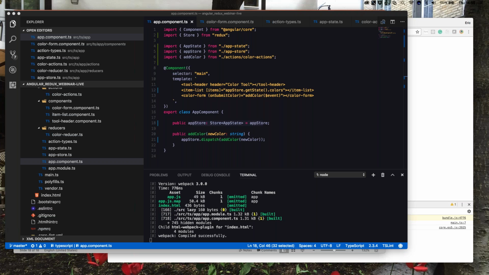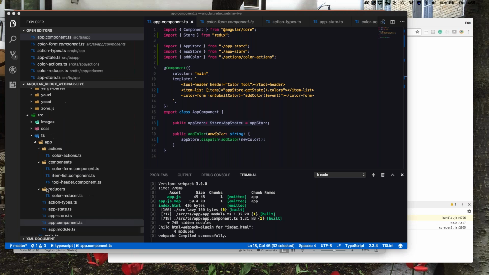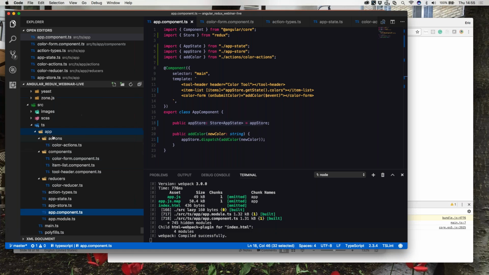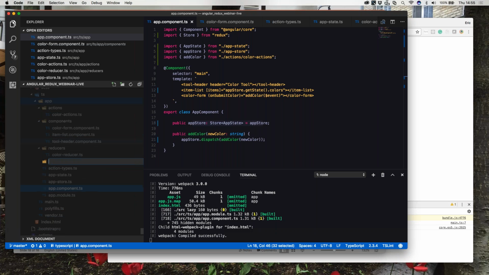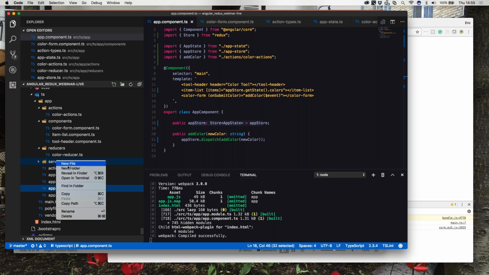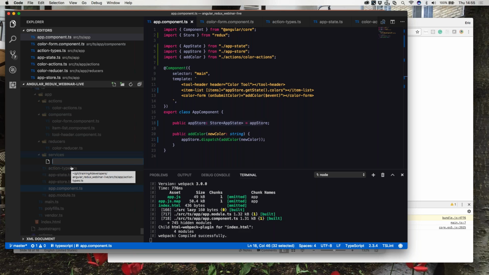Let's go ahead and code up this thing as a service real quick since we don't really have any questions, and you guys can see what that would look like. So I'm going to come under app here. I'm going to create a new folder here. We'll call it services. And what we can do is come into here, we'll just create a very simple service. Like I said, there's lots of ways you can code this. We'll call this our App Store